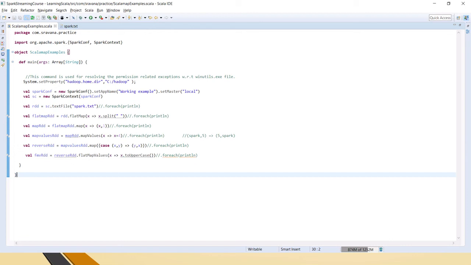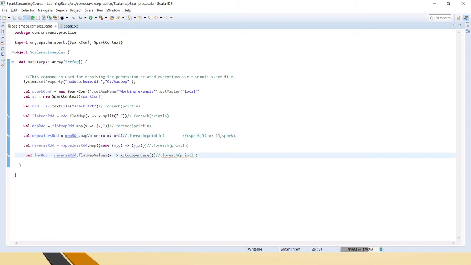So now we are saying that in this RDD flatMapValues, x goes to x dot toUpperCase, this is the way we usually do that, right? I am saying flatten the structure and also convert that to uppercase. This is the meaning of this statement. Flatten whatever is there, so it should flatten this Spark like S, P, A, R, K, and also convert that to uppercase.